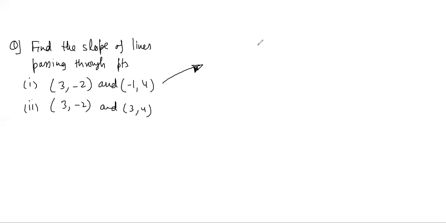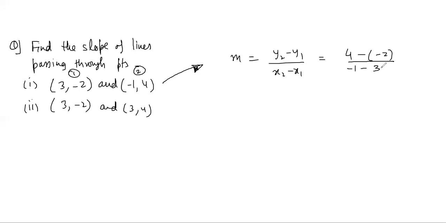First is -3/2. तो first case में कैसे करेंगे, slope का फॉर्मूला होता है y2 minus y1 upon x2 minus x1. किसी पॉइंट को 2 मान लो, इसको 2 मान लेते हैं, इसको हम 1 मान लेते हैं. तो y2 minus y1, 4 minus (-2), upon x2 minus x1, -1 minus 3. तो ये कितना हो गया, 4 और 2 6, 6 divided by -4 which is -3/2.